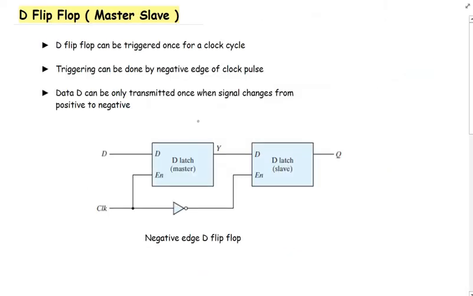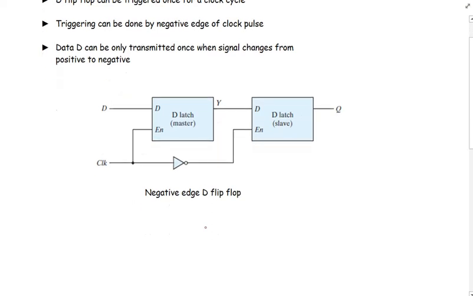Coming back towards the logical diagram of a D flip-flop. Here we can see that we have two latches. One is the master latch and another one is the slave latch. Fundamentally, we have two inputs. One is the data input and another one is the clock input. Clock input is applied to the first latch, then it is complemented through a NOT gate to the enable input of the slave latch. So let's consider different cases.